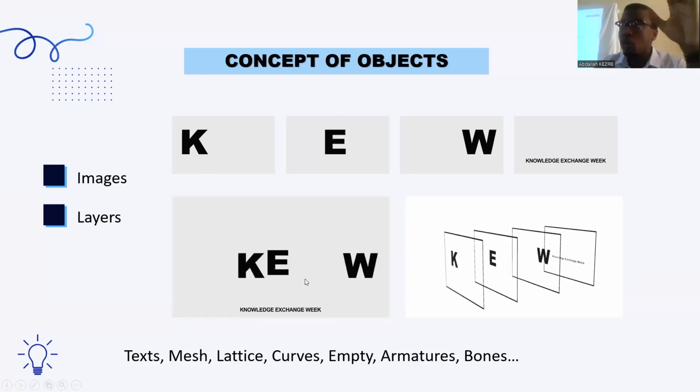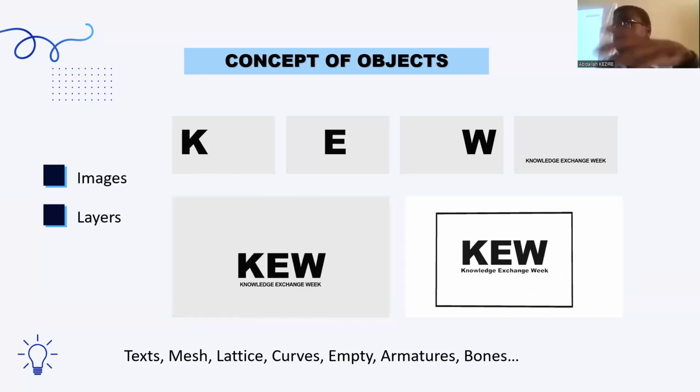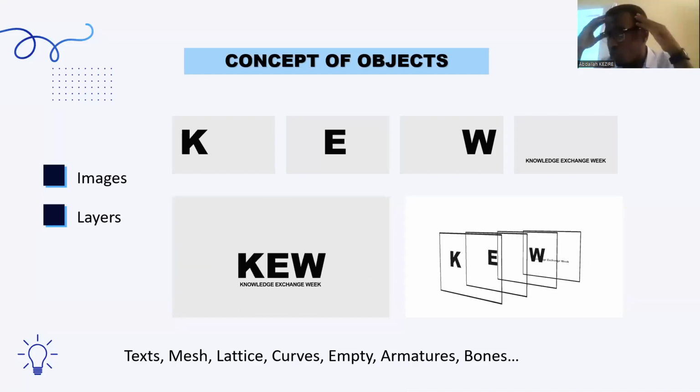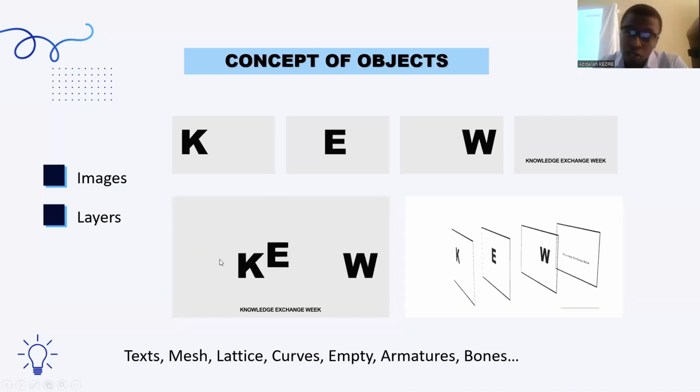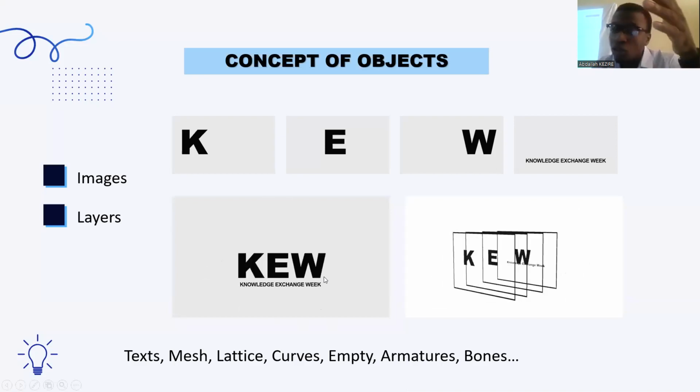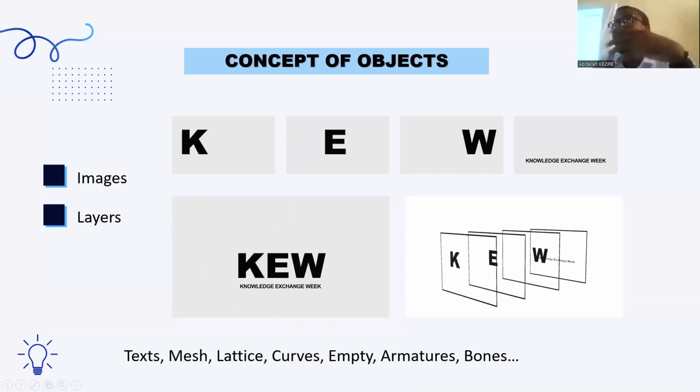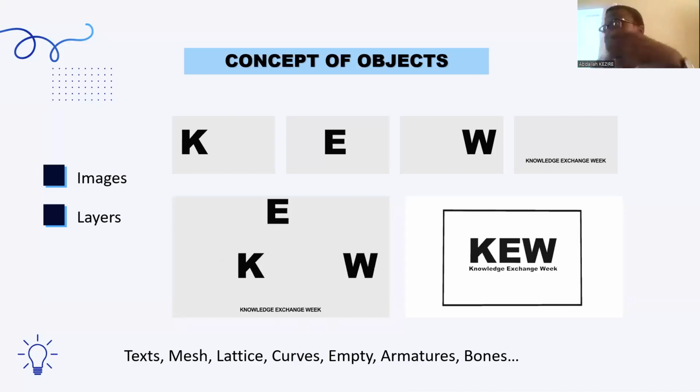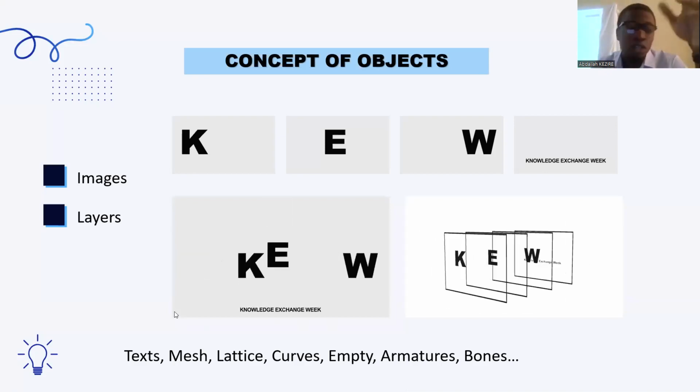You see that you have just used your images and dragged them along to fit where you want them to be. And that is the concept of images. Actually, in the animation software, they are like objects that the animation software will manipulate to reach what you want to reach. That is the first one.